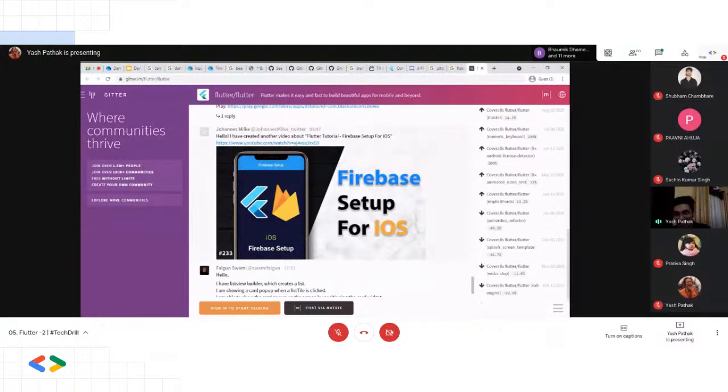Stack Overflow actually is a very good place, and it's like a bible for any developer. But Stack Overflow has some foundations. Like you cannot comment, you cannot answer something if you don't have enough reputation for that. So Stack Overflow is a good thing, but you should avoid asking stupid questions there, because we have many other places to ask stupid questions like this. This Flutter TechDrill is a very good place to actually ask stupid questions about concepts. Okay,